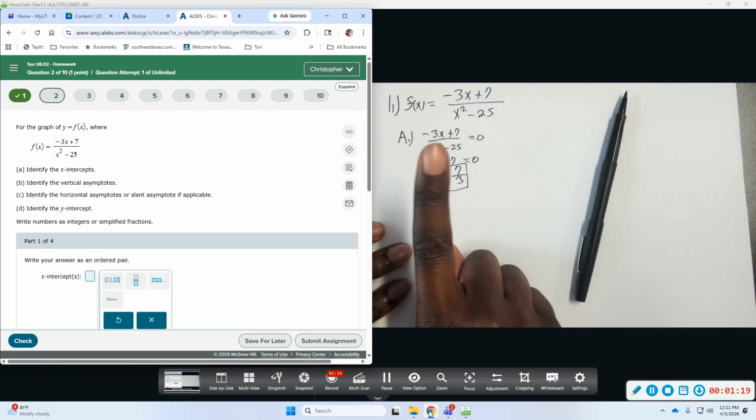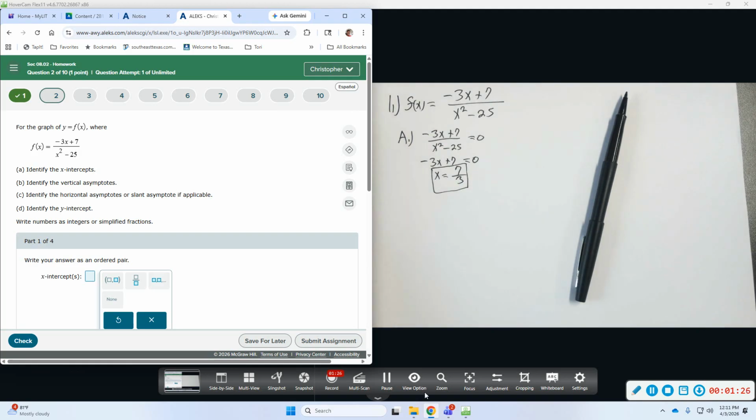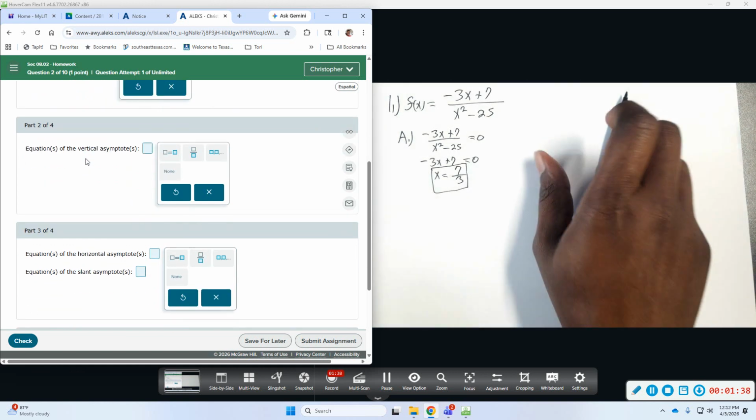So my x-intercept as an ordered pair would be 7 over 3 and then 0 for y. It wants us to type in an ordered pair. So 7 divided by 3, and then the y value is 0. Next part,